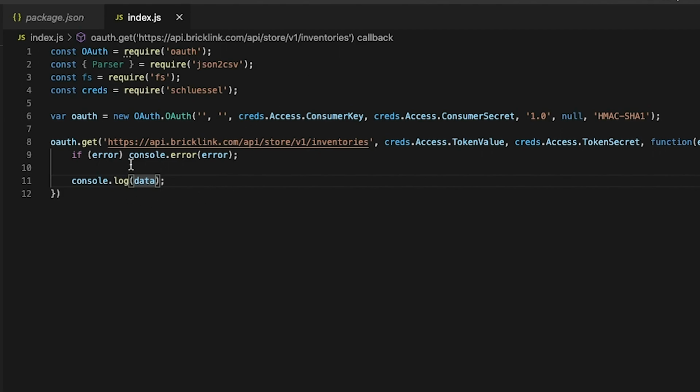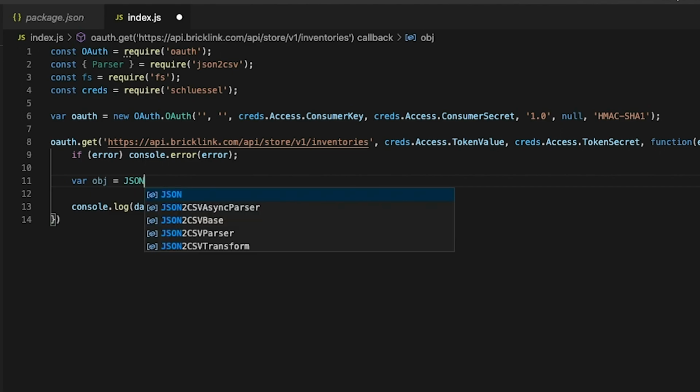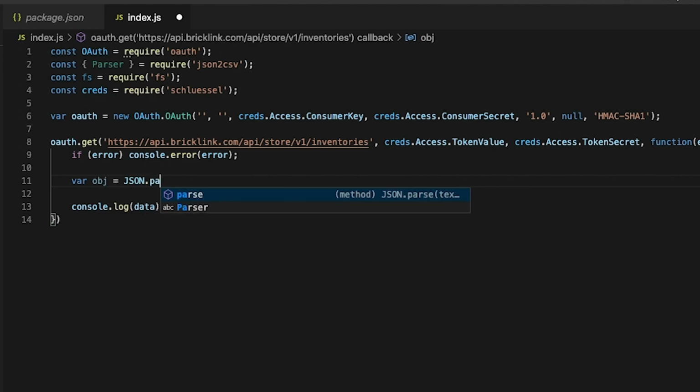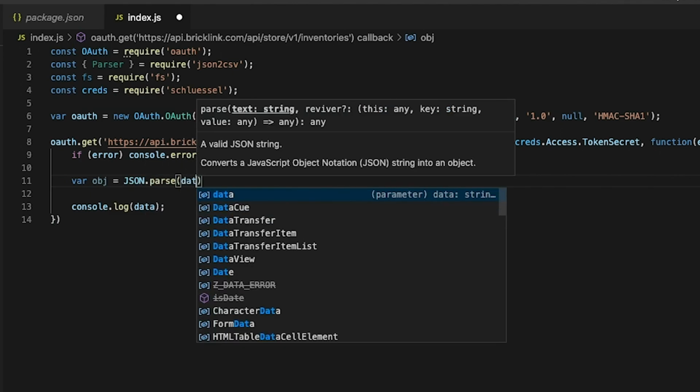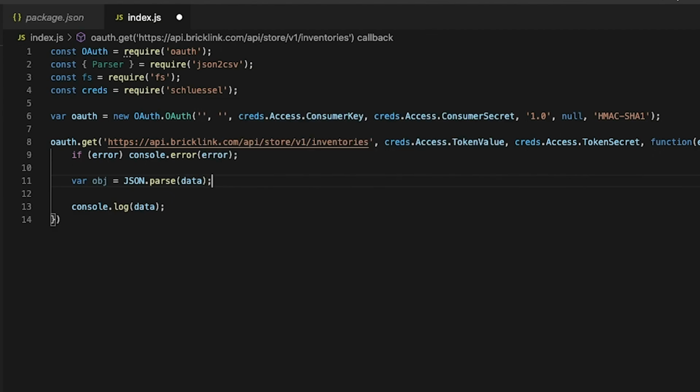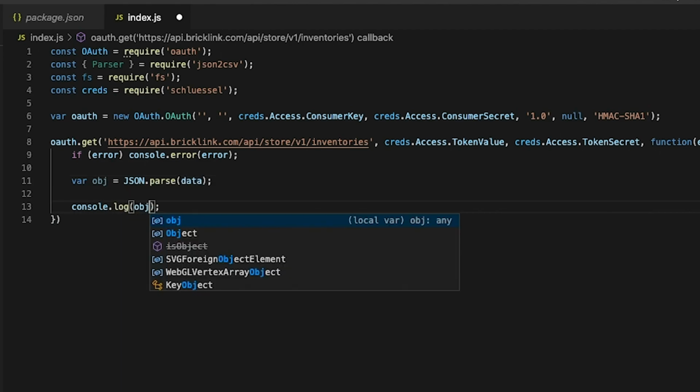So what we're first going to do is add a new line here. We're going to create a new variable called object, or obj, and we're going to set that equal to JSON in all caps dot parse data. Now what is this doing? This is taking our data, parsing it through JSON, and making it much easier for us to read. So now if we were to console.log object.data,